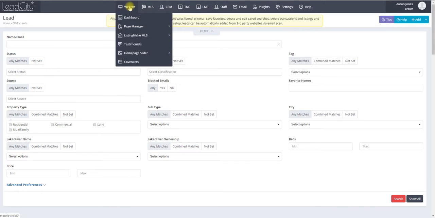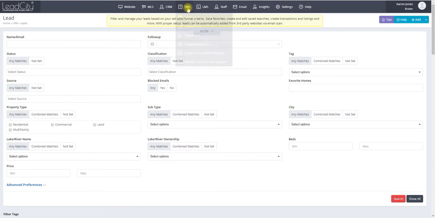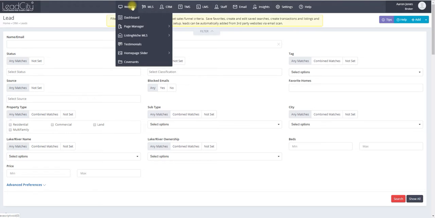Without further ado, we'll just go through these menus and won't get into a lot of detail, but just want to show what is available with the entire LeadCity solution. So we have website creation, website design. We have page manager for our websites, and we also have AMP sites, which are basically kind of modified websites, similar to WordPress but much more secure, and allows us to easily create different mini websites for our niche